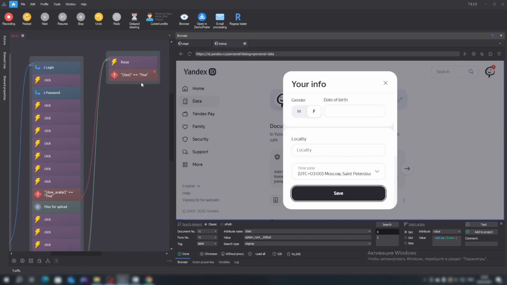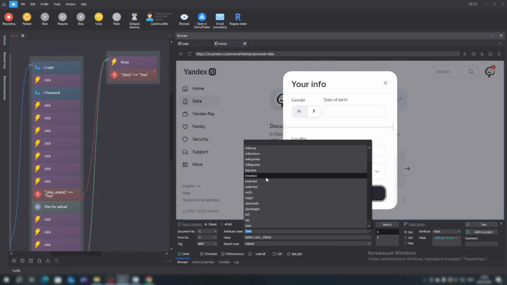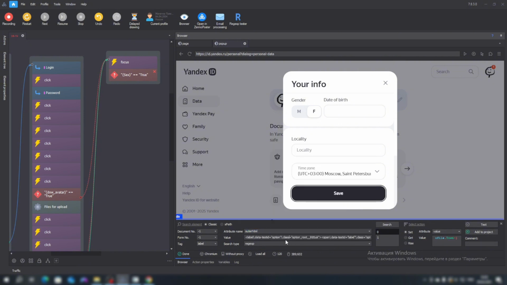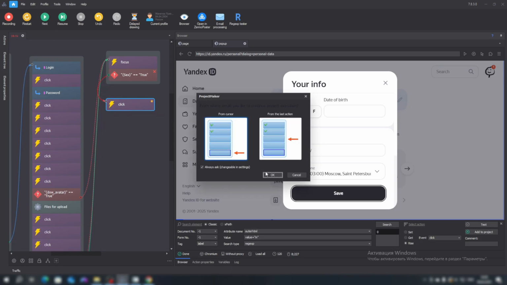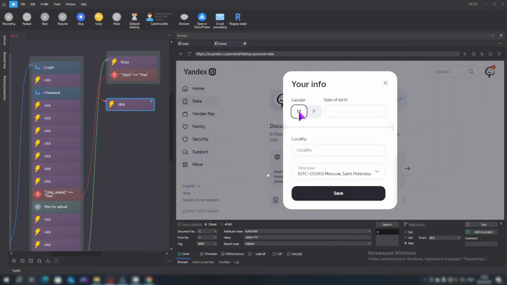Select outer.html. And let's choose the value. Search, Rise, Events, click. This will go along the green branch. But for us, it will go along the red one.